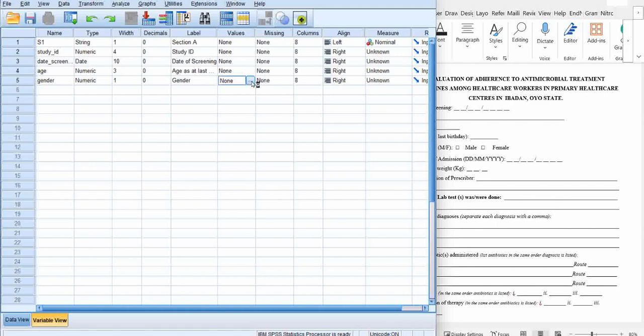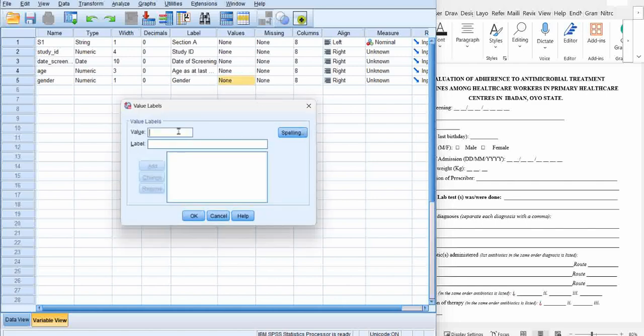The reason is that you don't want people to type anything they like, otherwise you see male. Some people will type capital M-A-L-E, some will type capital M, small a-l-e, some will type capital M, capital A, and you see different. SPSS is case sensitive. If you type capital M, A-L-E, it is different from capital M-A-L-E, the way SPSS sees it. So in order to prevent people from creating such an error, I'll come to value here